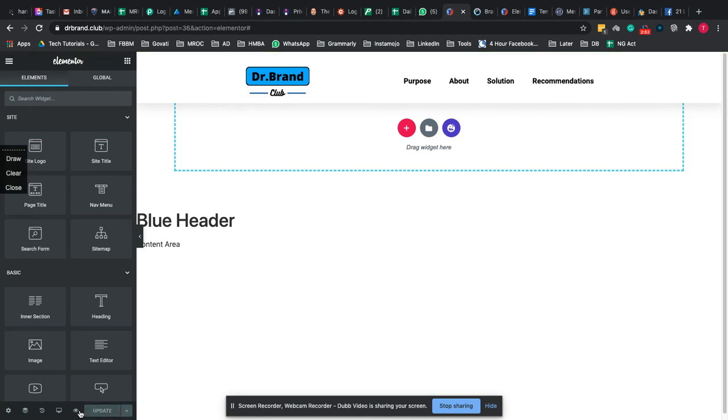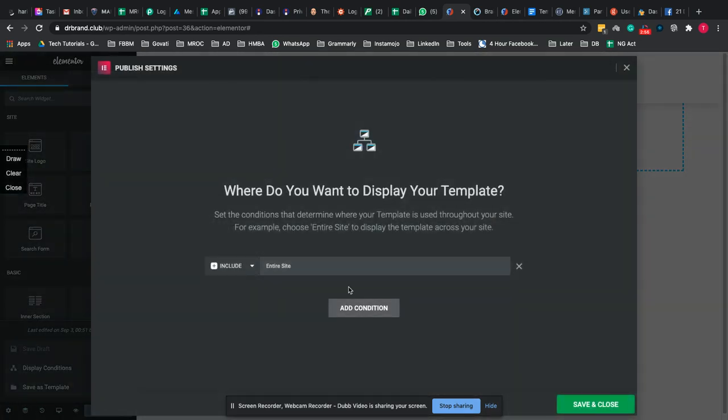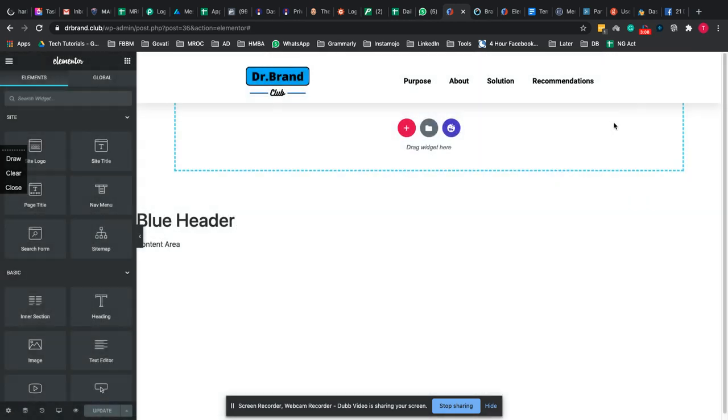And you can see for this there are display conditions. You need to remember this. When this display condition says it is included for the entire site, that will apply for the entire site. So if you change it, the entire site will have this menu bar. If you have forgotten, you have to brush up on how this works.